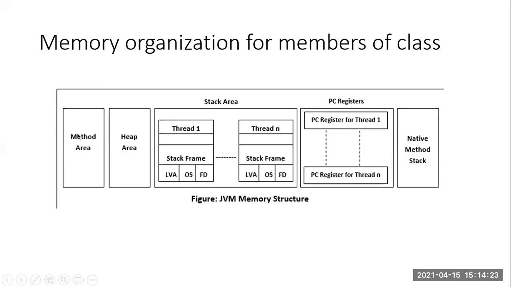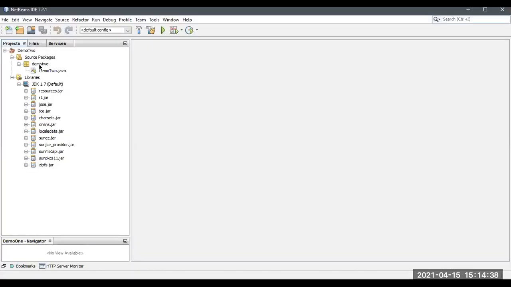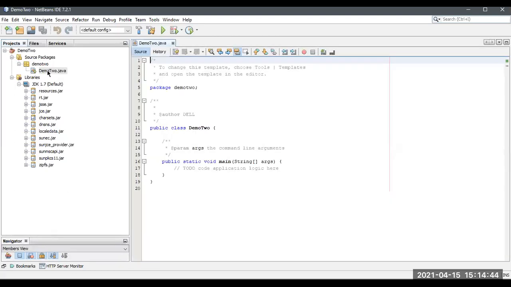So initially, when we create a class, yes, I'm going to create a class. Let me share NetBeans. This is the package name, demo2. And this is the name of the class.